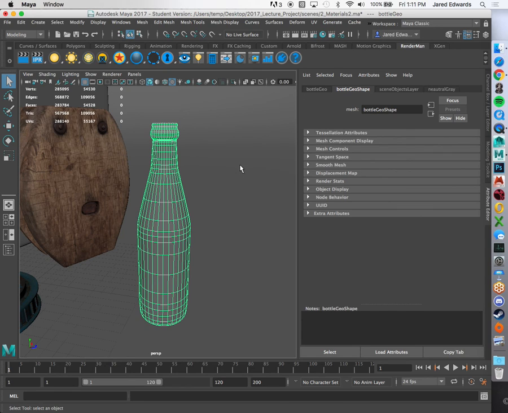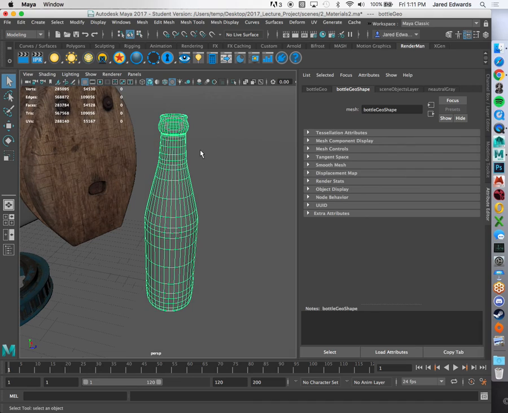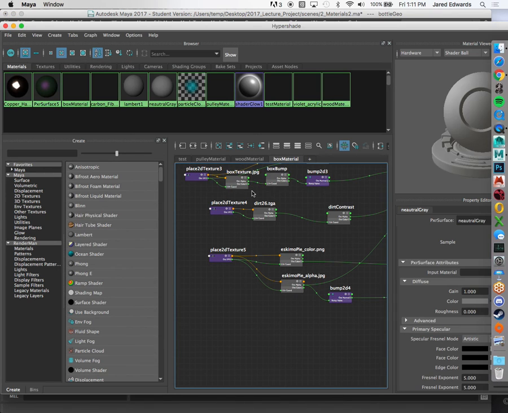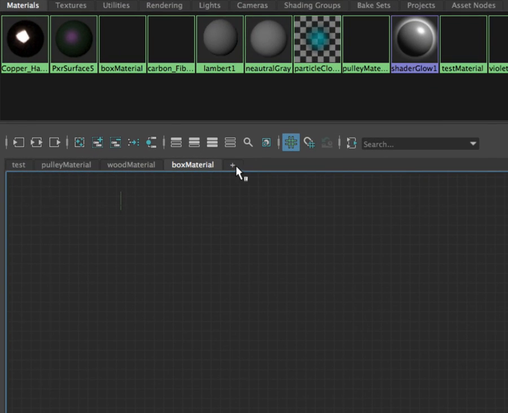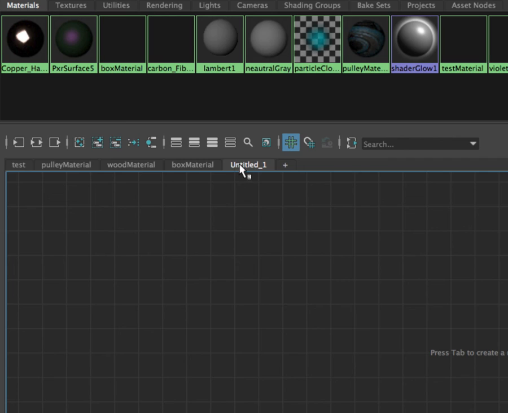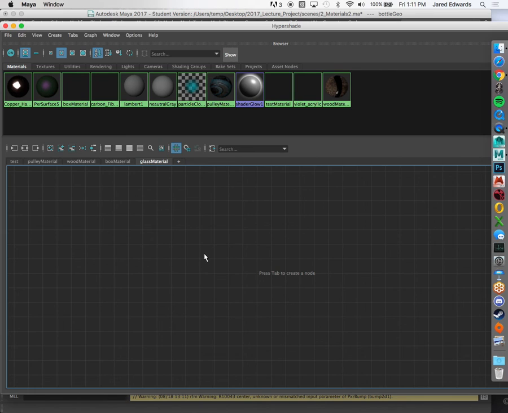All right. So to do the glass material, since we kind of know ahead of time we're going to be doing a layered setup where we do want to build a couple materials together. We're going to hop into Hypershade and we're going to start off just by creating that Pixar layered surface. And what I'm going to do is just make a completely new tab. Hopefully you guys have been kind of using that, as you've gone through these last few labs here. But make a new tab, label it for whatever the material is, and then we're going to load in the